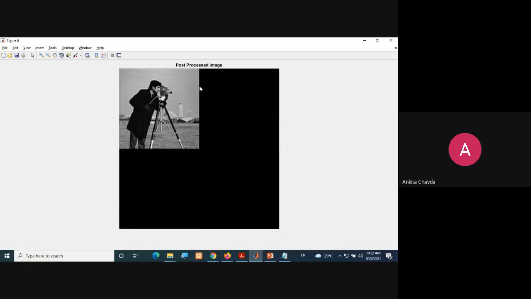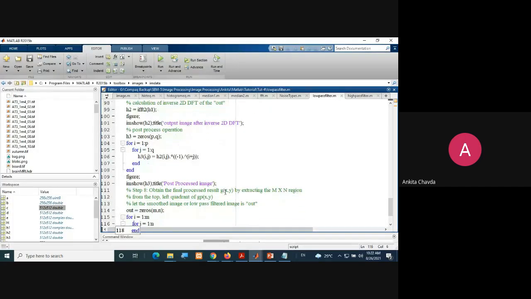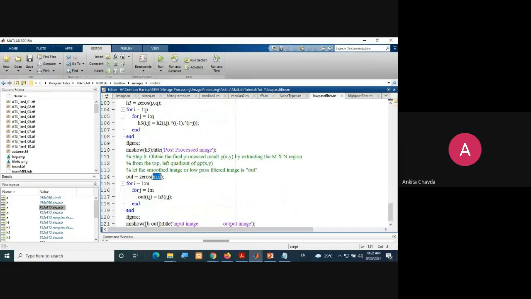Now I want only the cropped one. I want to ignore these padded zeros, so I'll take only 256 cross 256. I'll take my output image with the size MN, not PQ. Here is the change. Everywhere, whatever image we have created was with the size PQ, meaning 512 cross 512.